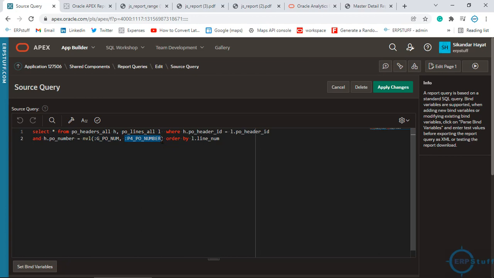You don't need to do this, because you will maybe be creating only one report, either from the interactive report or from the page. It is really up to you, but I am using just two. Then after any changes or creation, you have to click set bind variables, so it will incorporate these bind variables inside your XML as well, right, and then apply.